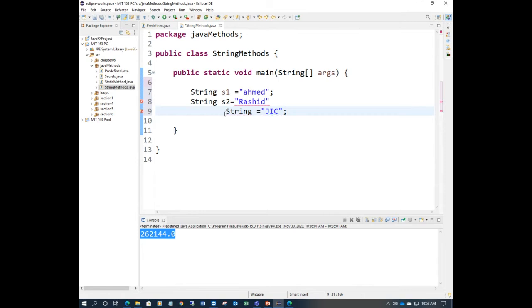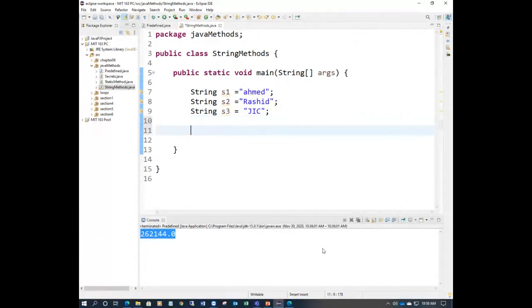I'm just taking two names because these students responded to me. Three variables here. So hope you understand the declaration of strings.